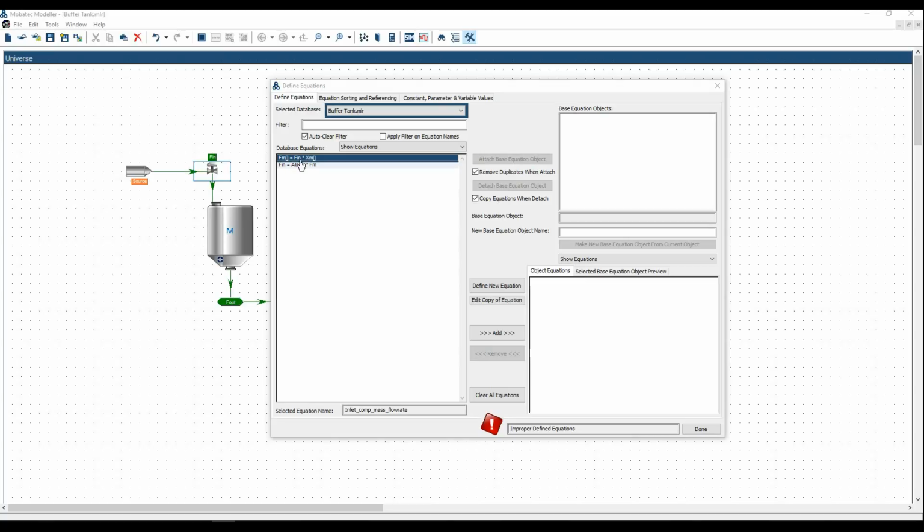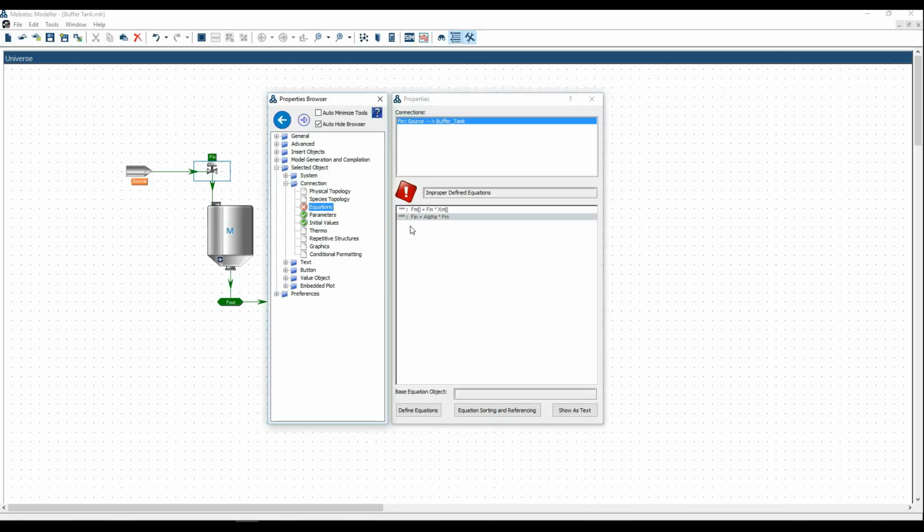Now just select the equation and press add button to add equation to the mass connection. Like this, and select the second one like this. We can see that the object equations are these equations. Press done. And now we can see in the equations tab that we have added both equations to the mass